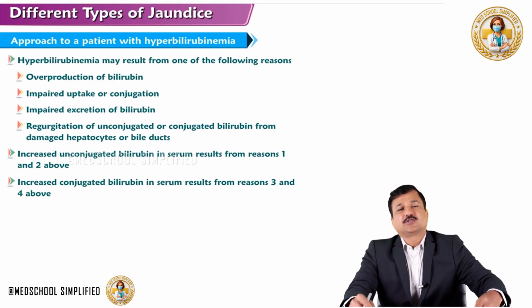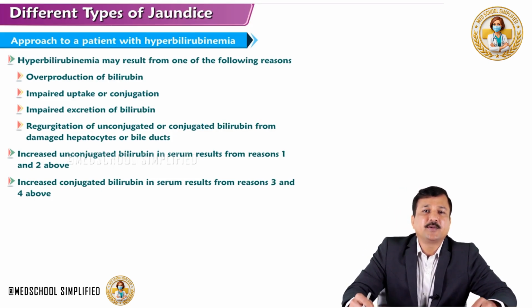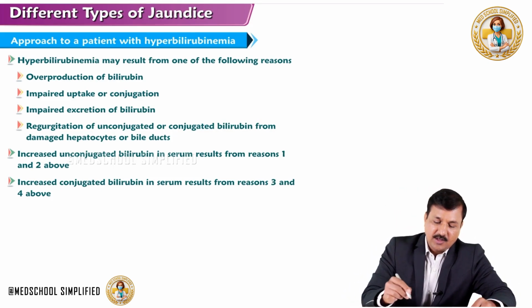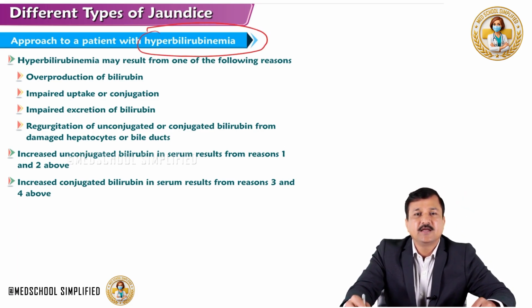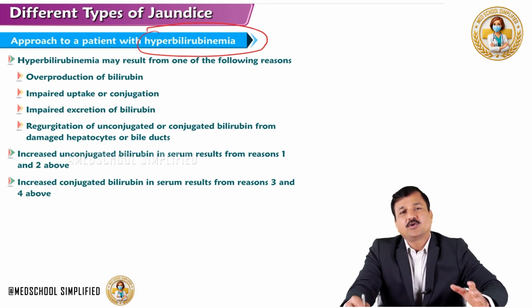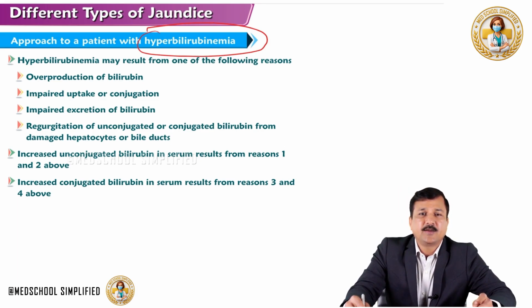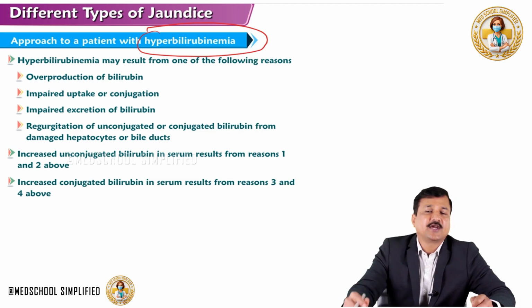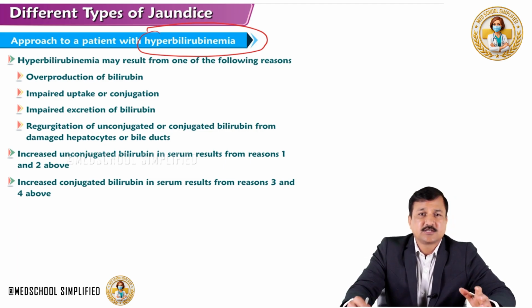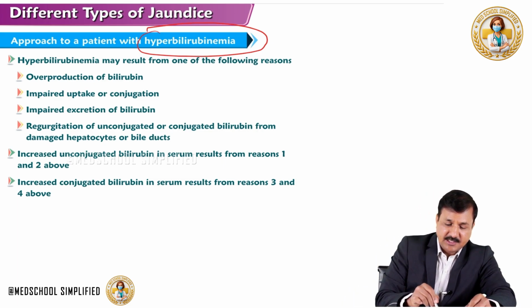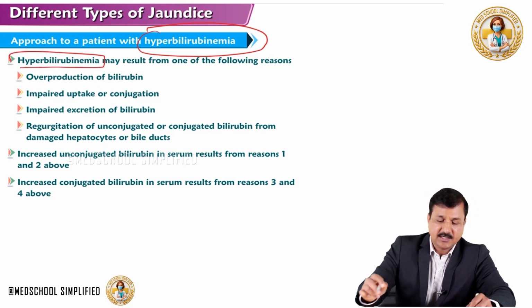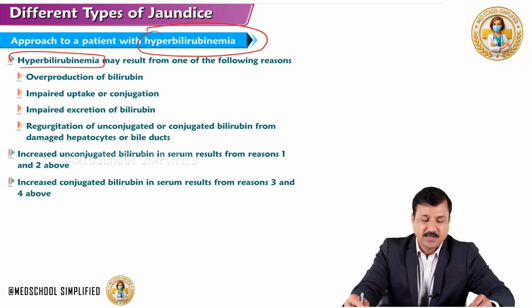Now, how to approach a patient who is having hyperbilirubinemia. Hyperbilirubinemia means excess bilirubin levels in the blood. So, how to diagnose a person having hyperbilirubinemia and how to differentiate what the causes are for it. Hyperbilirubinemia, that means excess bilirubin in the blood, may result from one of the following reasons, and that is